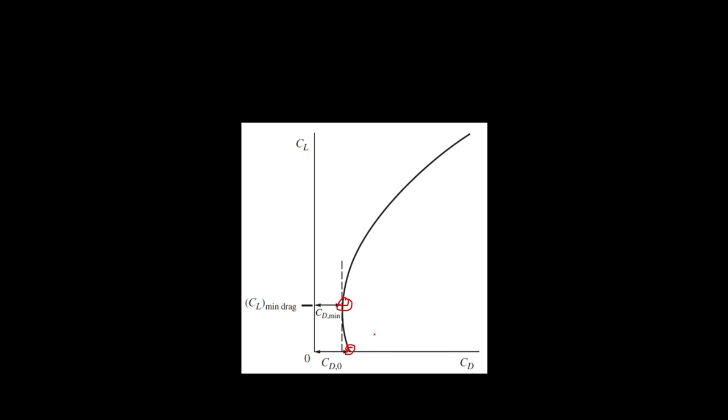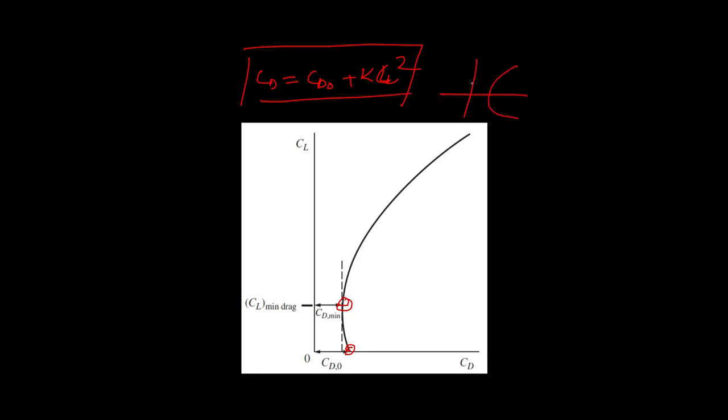So this is the actual reason, but for most of the cases this difference is very small, so in most of the textbooks we will take that CD is equal to CD naught plus K CL square. We will take this as the standard equation of the drag polar, and we will consider that this is the drag polar where this is CL, this is CD. Since the difference is very small, this can be a reasonable approximation, but in case you are designing a real aircraft, then you cannot take this approximation and you must take these things into account.